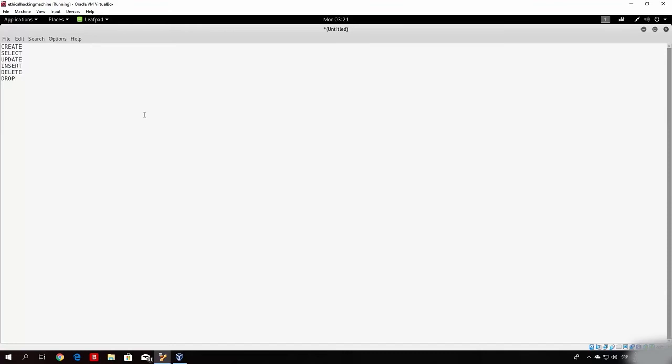For example, you want to delete a user. He decided to, for example, close the account and you want to delete it from the database, you will do it with the delete command. And drop basically deletes the entire database itself. It can be very dangerous if the site is vulnerable to SQL injection. So for example, let's say Facebook was vulnerable to SQL injection, and you just type there drop and the name of the database, you would basically delete the entire database of users and passwords,